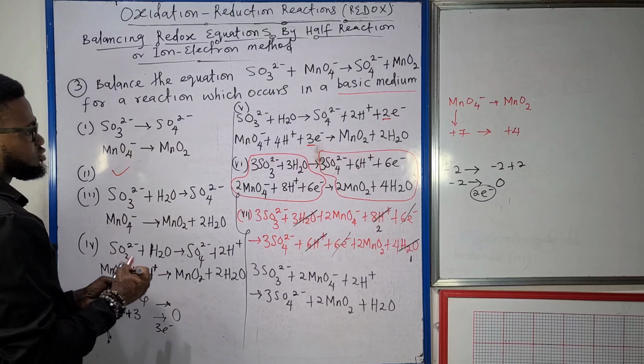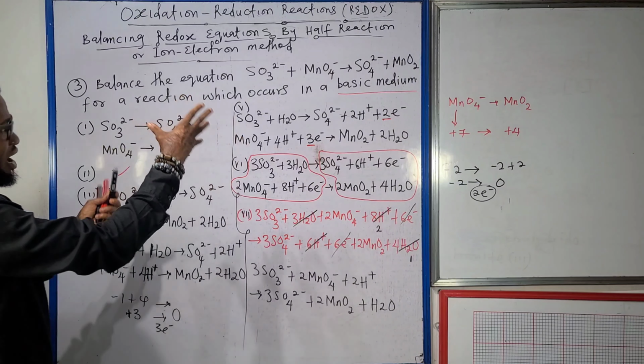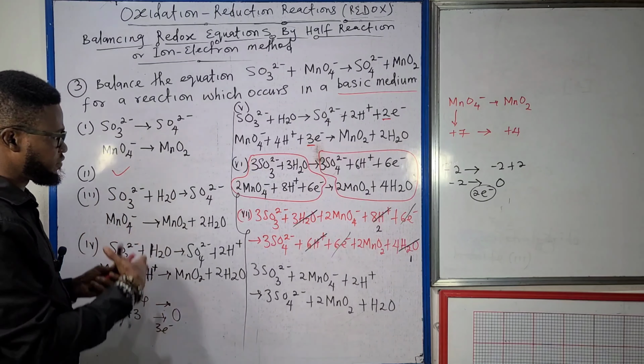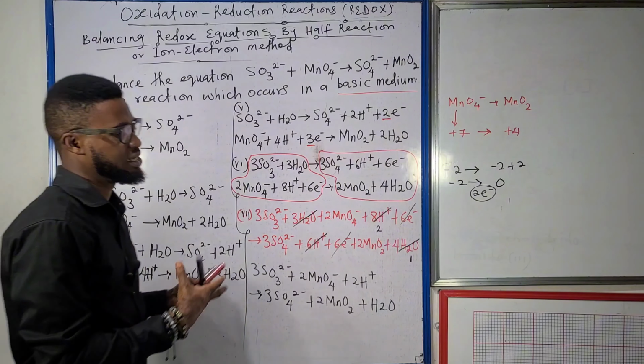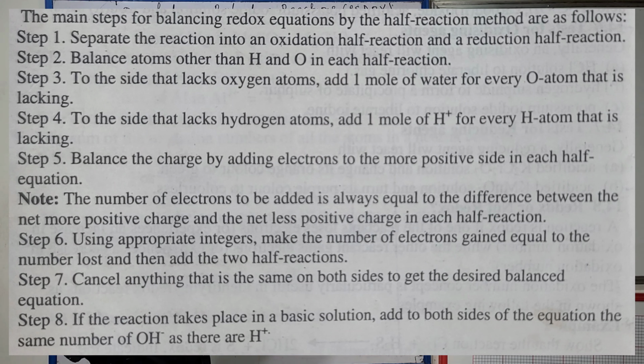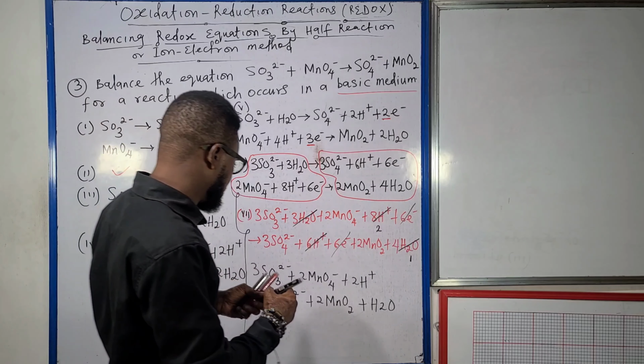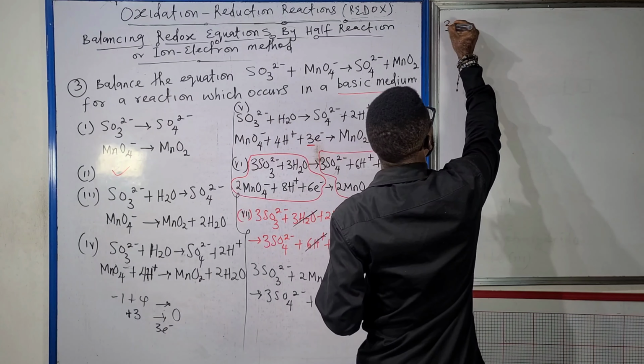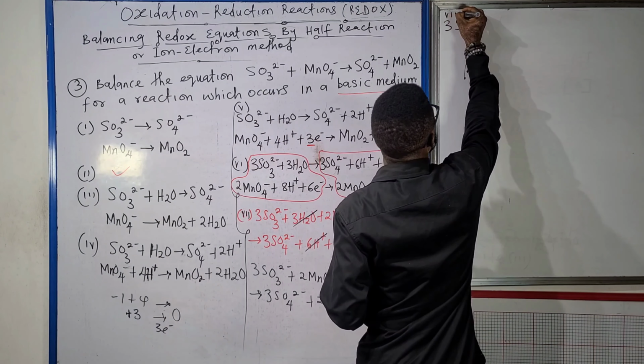But because this takes place in a basic or alkaline medium, we then talk of step 8 and step 9. Step 8, as you can see on your screen, is that you're going to add to both sides of the equation the same number of hydroxyl ion as there are hydrogen ion. Now what that means is that for every hydrogen ion I have, I'm going to add hydroxyl ion to both sides. So looking at this, this is step 8,